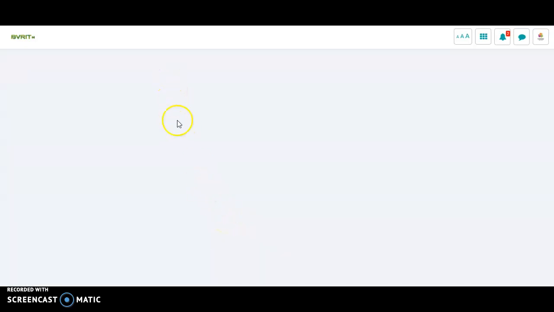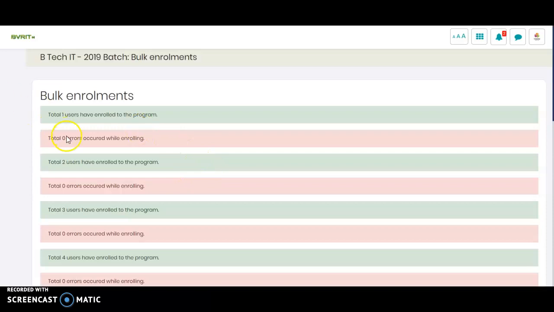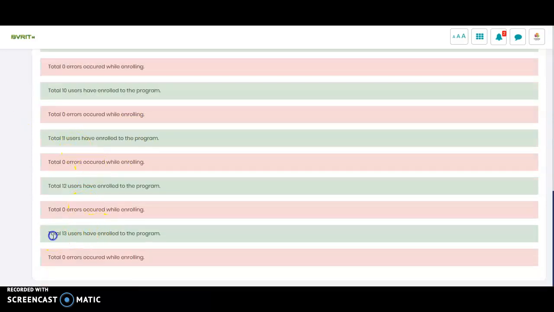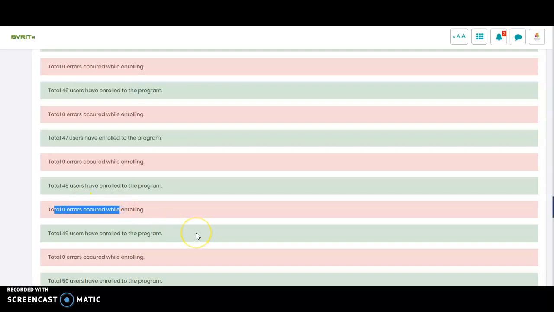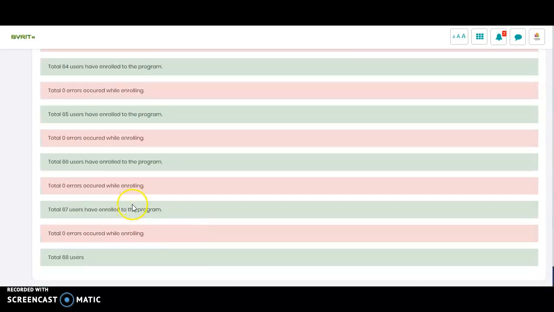Then you will be able to see list of all the students who have been enrolled into like this. So you will get the complete, like I think 130 students here. You get all 130 students who get enrolled. If any errors are there, then you are going to get an error. If you enroll the students in program